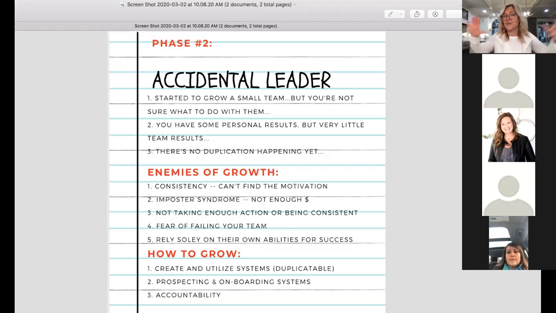You've got a customer base, and now you're starting to get partners or distributors. Number 2, you have had some personal results, meaning you've got customers and you're attracting partners. So personally, you're starting to have some results, but your team's not necessarily having any results yet. That would mean you're in that accidental leader position. And I remember one time I heard